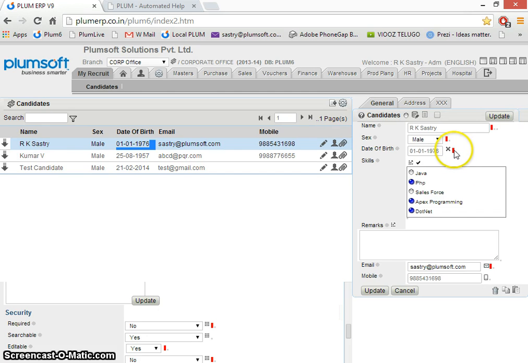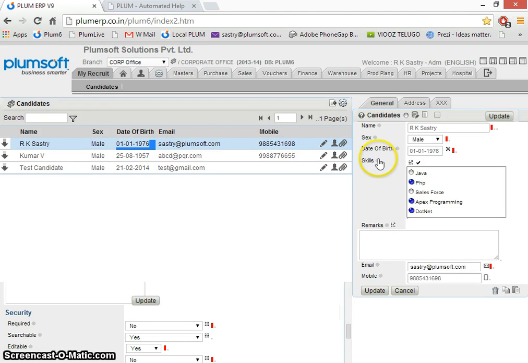So, these are all mandatory, they come by default, and the advantage is you can change the control. That means, suppose it is a remarks field, and you want to make it an Excel control or a signature control. It's that much more simple, but still the data is retained.